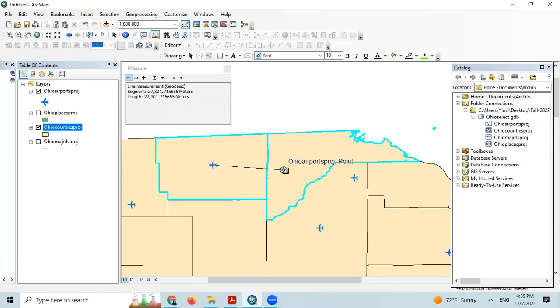As you can see in this measure box, there is a segment and a length. The segment is for one point to another point, and the length is for multiple, like from here and from here. As you can see, the length is all of those added together, but the segment is only one of those. So this is how we calculate the